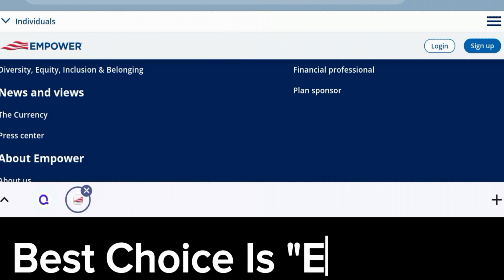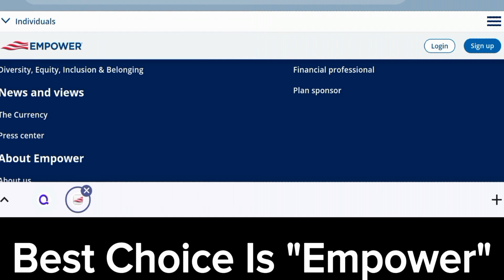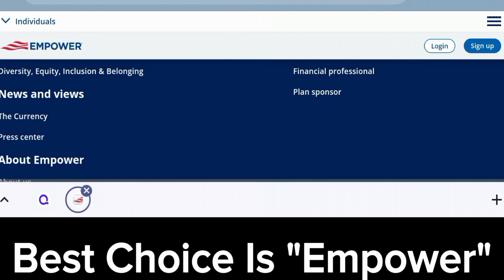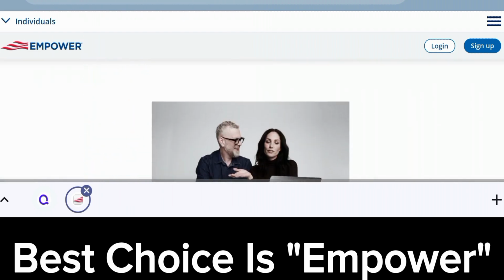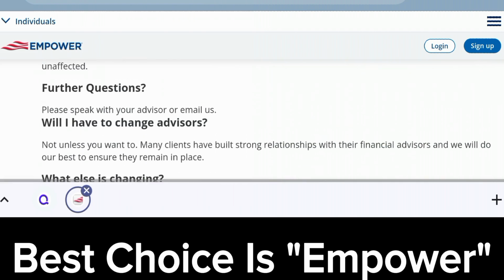In conclusion, if I'm to say which one I liked best, I'm going to go with Empower, as you know, because the first one is the user friendly interface, because Empower has a modern and intuitive interface that makes it easier for users to manage finances without the steep learning curve associated with Quicken. And when it comes to automation, also the high level of automation in Empower, from transaction syncing to investment tracking, saves users a lot of time and reduces the need for manual inputs. Another one is the investment focus, because Empower offers robust investment tracking and advisory services, and also provides superior tools for users who focus on growing and managing their investments.